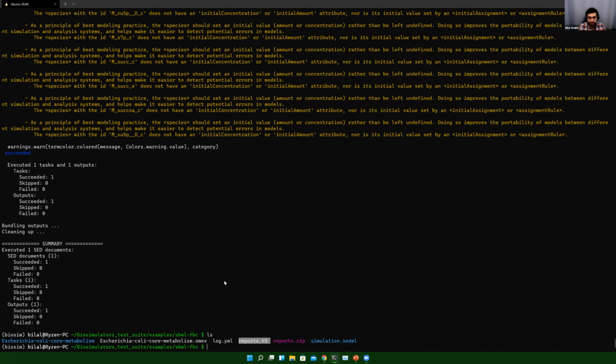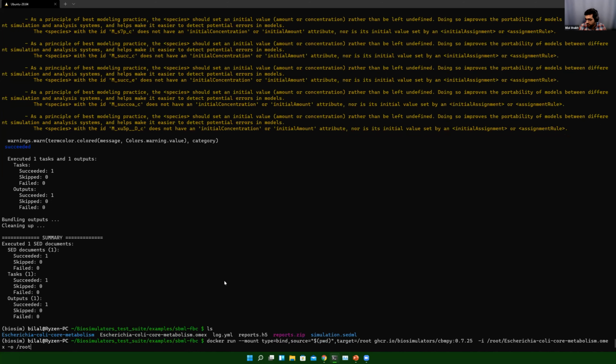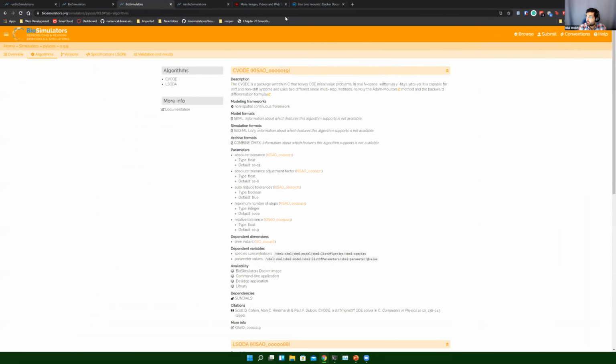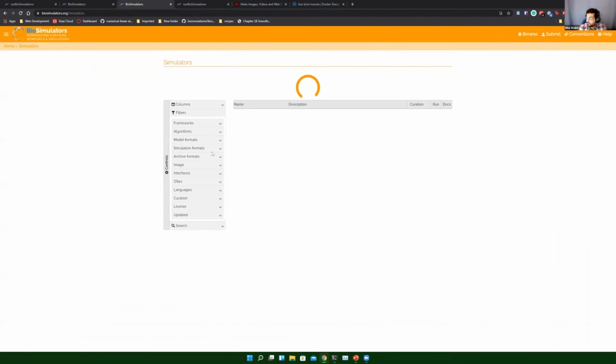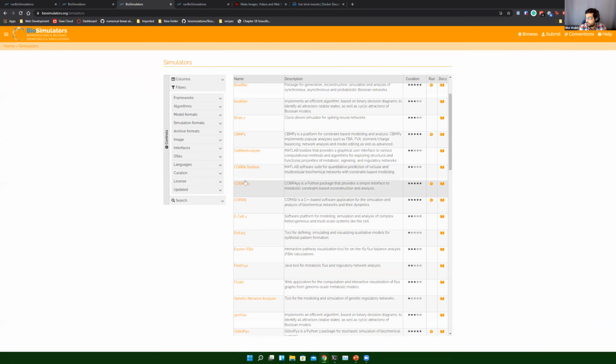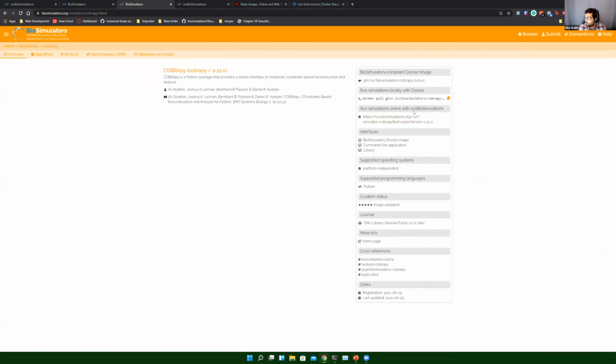So now if I want to make some changes to this and say, okay, I've run this model using CBMPy, what would I need to do in order to run this using CobraPy? If I go back now to the Biosimulators database, and go back to our simulators, remember it was CBMPy and CobraPy that had this correct framework.